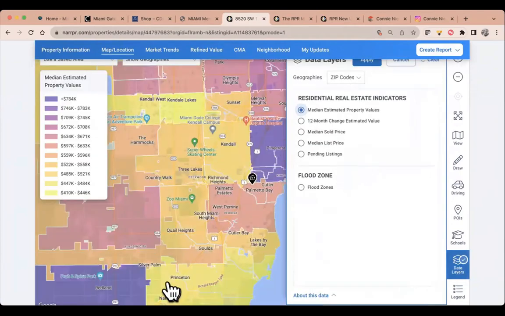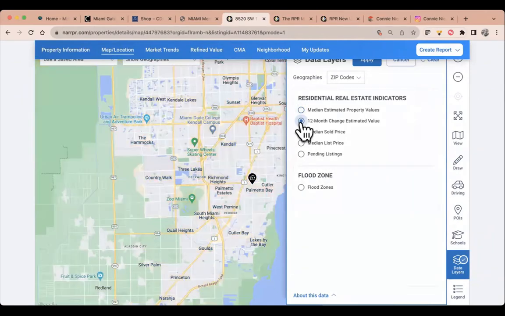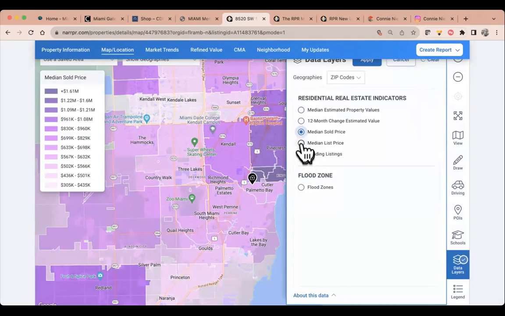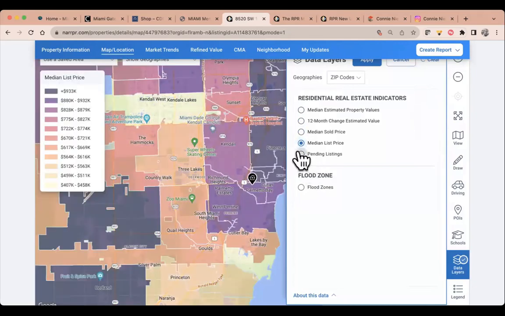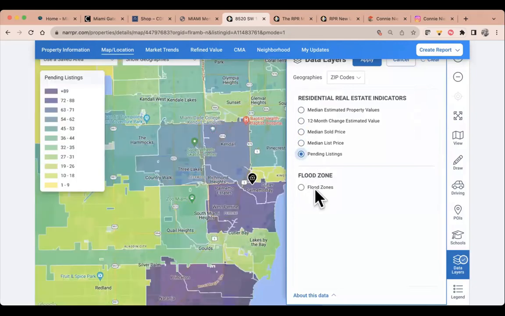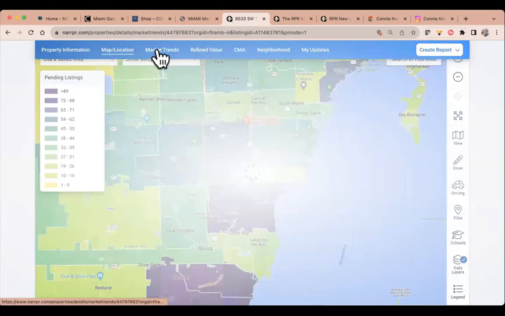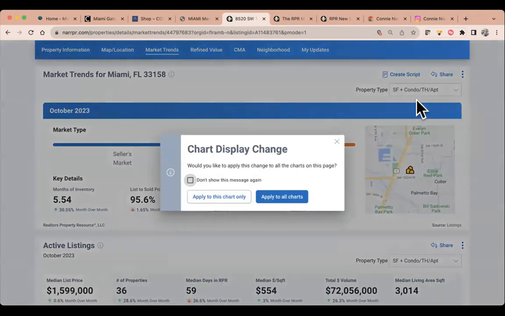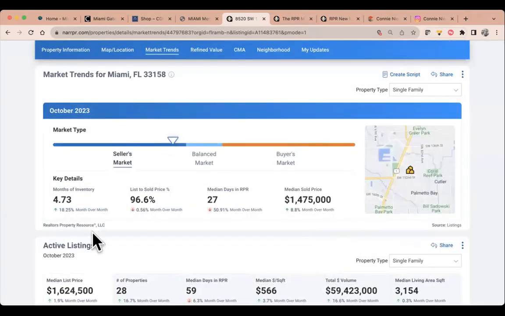And it'll give you this median estimated property value, 12-month change, median sold price, median list price, pending listing. I can come in and click on market trends and see what the market trends are in the area. Now, most of them are single family, but I can choose to select single family up here, apply to all charts, and see